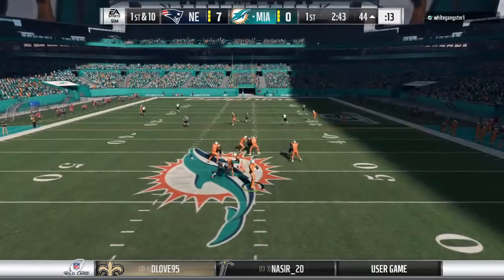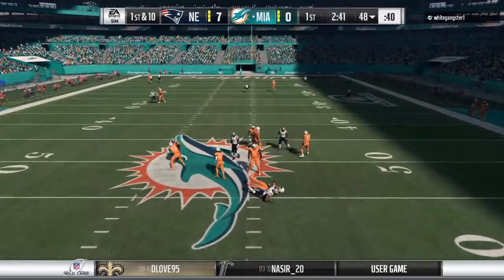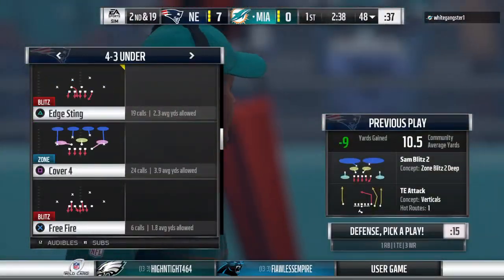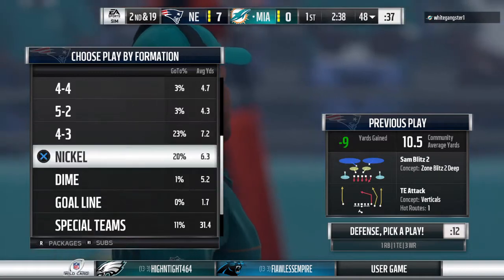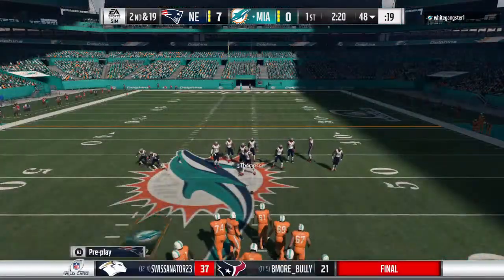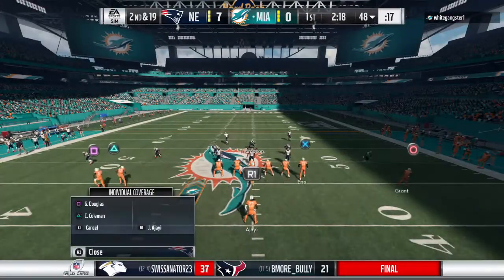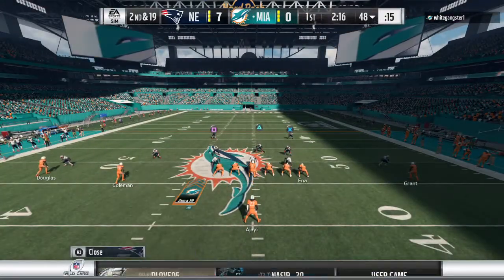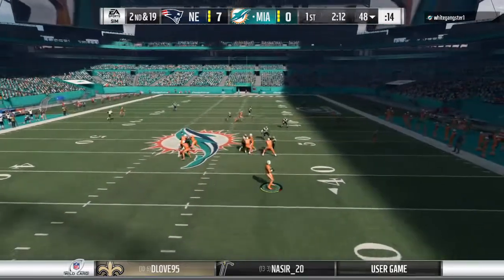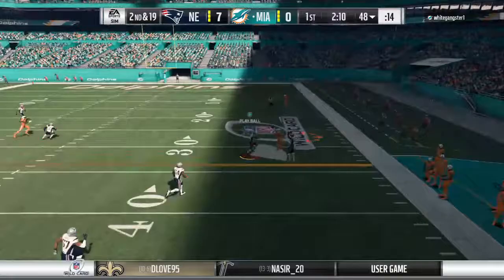1st and 10. Riley. And no escaping this time as he'll go down. They got him for a sack. Defensive end gets in there that time. They were in a 4-3. What's the responsibility of the ends versus the tackles there, Charles? Well, most of the time when you talk about the ends, they're your pass rushers. They're the guys that you turn loose to try and get to the guy who's going to throw the football. The tackles, usually more of the run-stuffing variety. But the way this game...